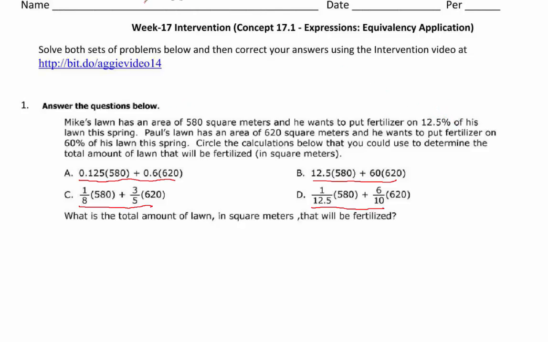So step one is going to be to change our percents, since this is given as a percent and this is given as a percent. We're going to change those percents into decimals and into fractions. The decimal for 12.5%, its decimal would be to move this 2 places to the left. We're dividing by 100. So move it 2 places to the left and write it as a decimal,